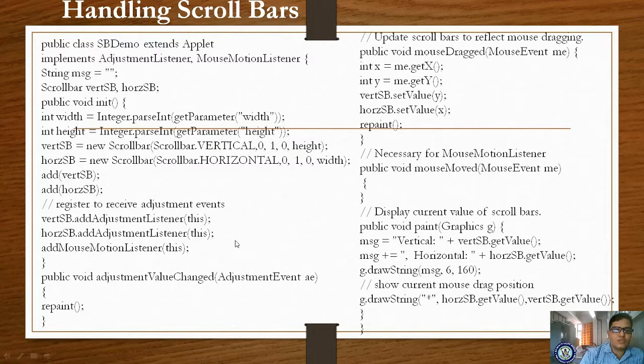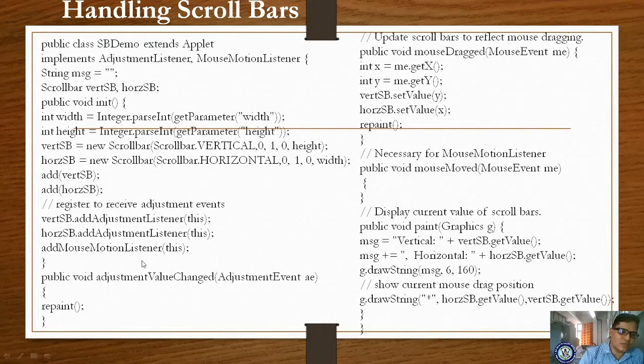So according to this scroll bar, the adjustment listener we have registered, whatever code you have implemented will be executed. Now add the mouse motion listener. Please observe here: whenever you drag that thumb, that is a dragging option, hence it is a mouse motion listener. So whenever you drag that thumb, this mouse motion listener will execute. So you have specified the listeners.